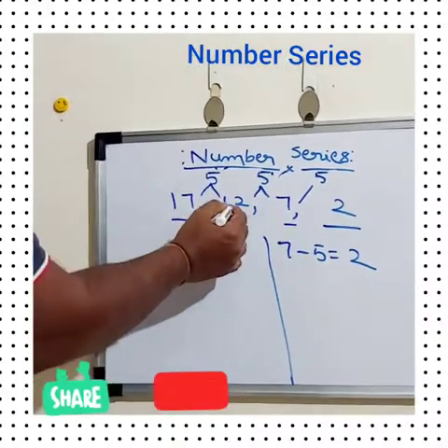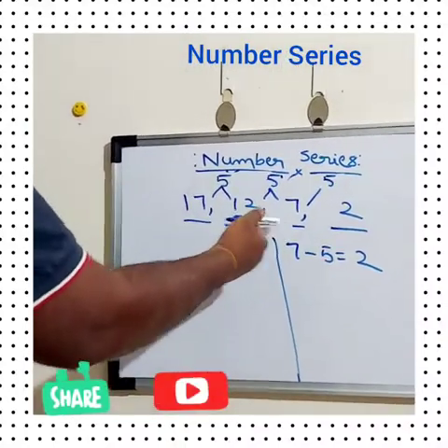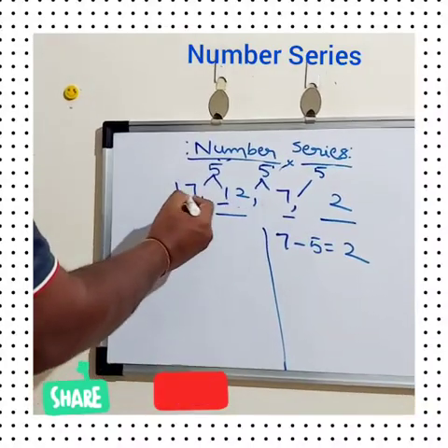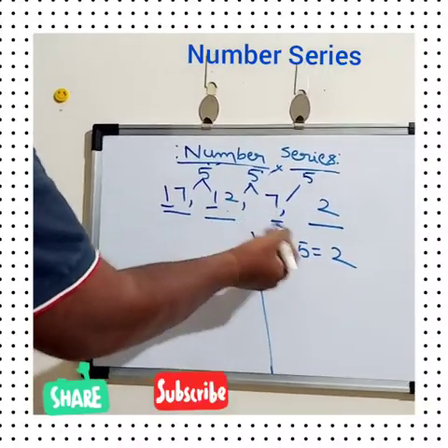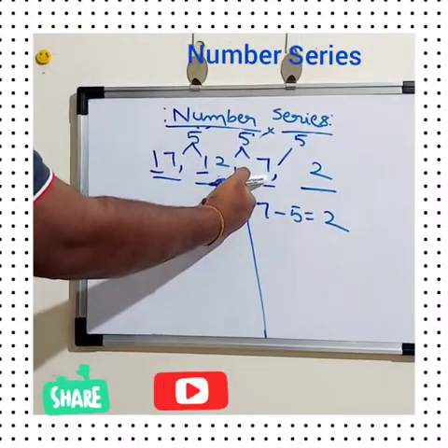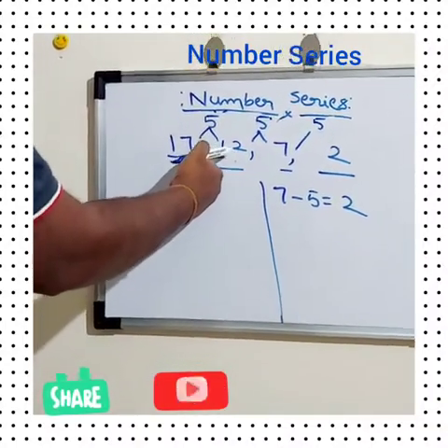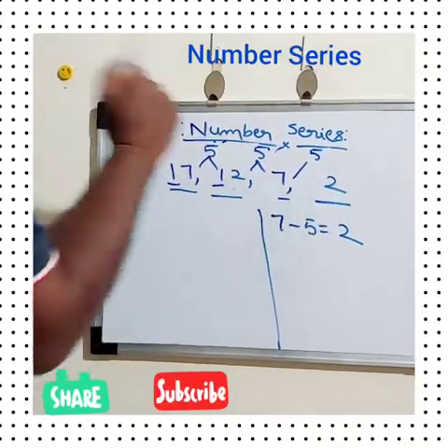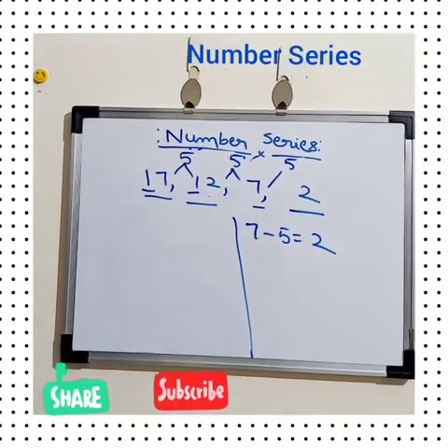17, 12, they written. So in the next number of the sequence, what they have given is, they remove the tens place digit. So what will be the next? When we remove 1 over here, what is the value? It is 7. Similarly, when we remove 1 from 12, what is the value? 2. This is another logic.